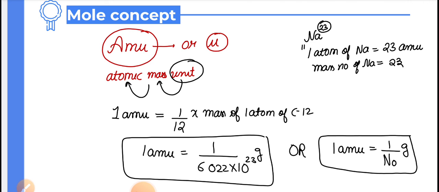That's what 1 AMU is. I hope everybody clearly understood. Let's go to the next topic. An important note about 1 AMU: if in the question you are asked about something in grams, but you got the answer in AMUs, how do you convert it into grams? You should just divide that AMU number